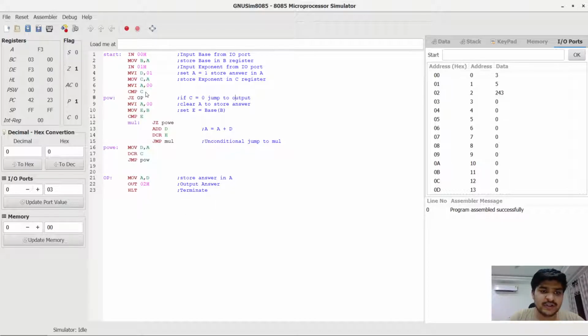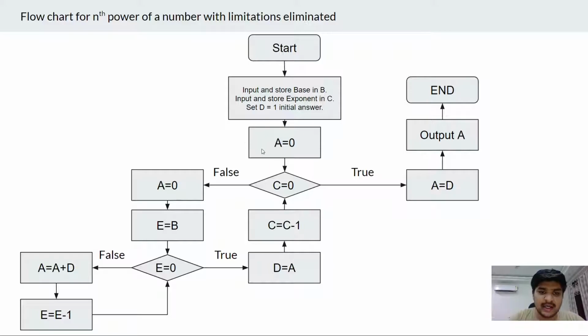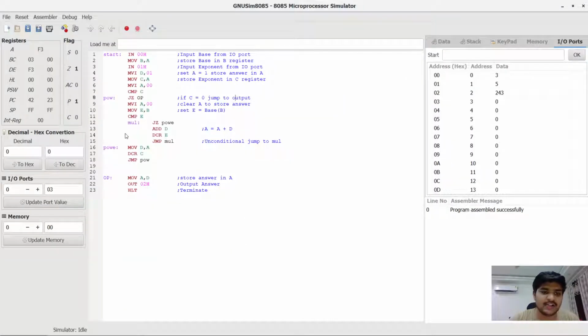But if it is not 0, then we go further. So you can see, first we stored A is equal to 0, then we compared C, and if it was 0, we went to the output, and if not, we go inside the loop.